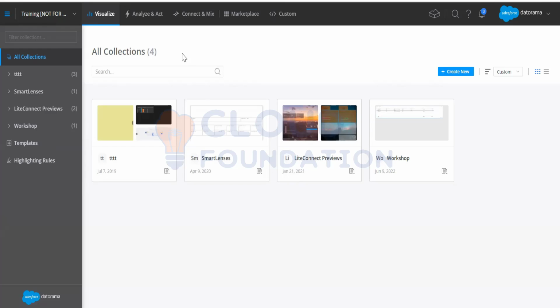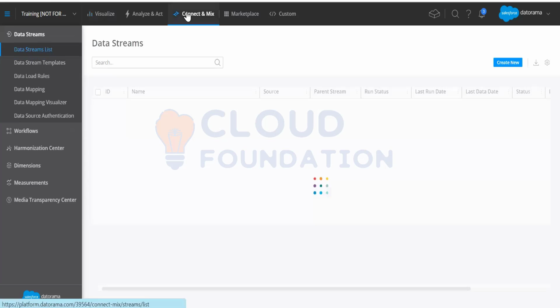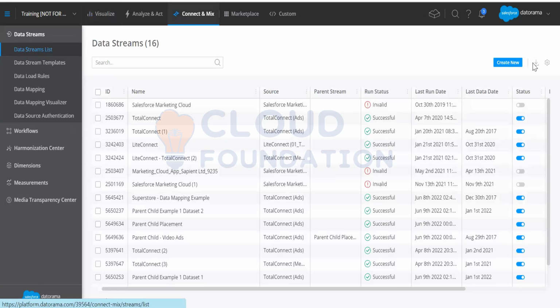This is how Datorama is supposed to log in. You have to go to platform.datorama.com, and you can see these are the things that are there. As I mentioned, overall this is the tool. You have Connect and Mix, Analyze and Act, and Visualize. These are the three tabs which you need to venture out to regularly when